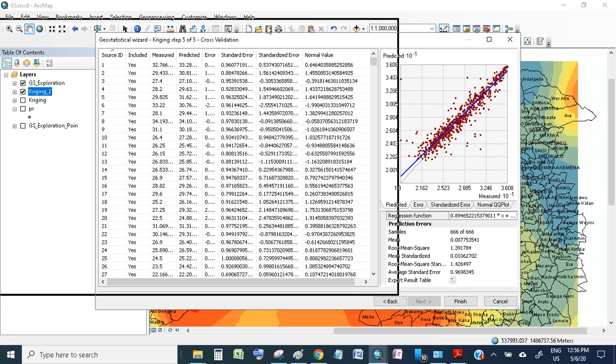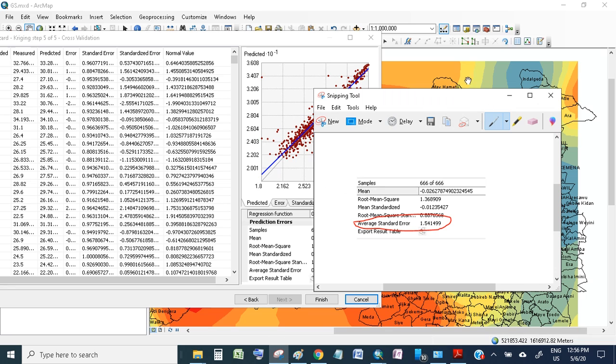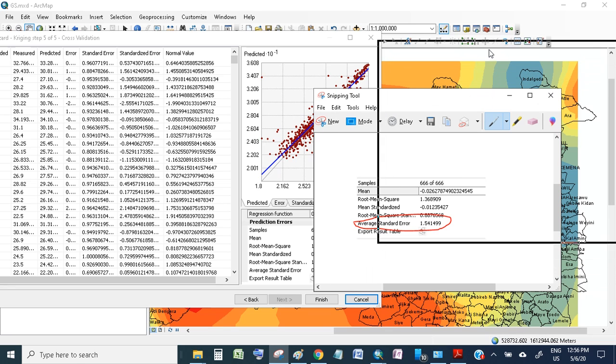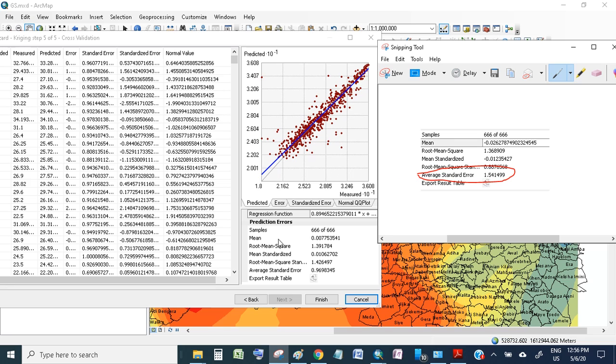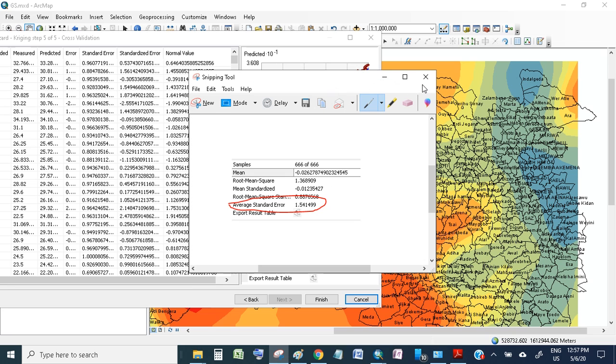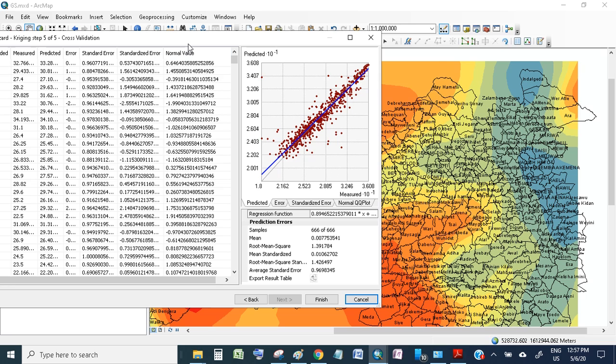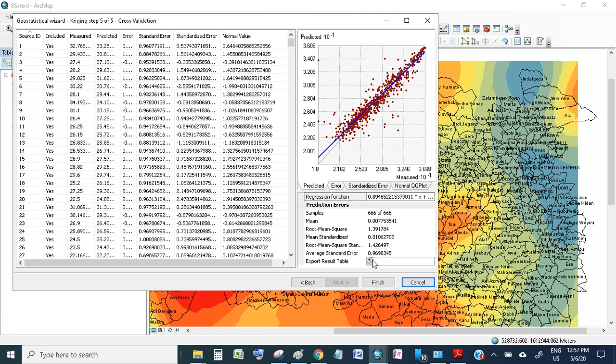and you can compare with your data validation with your other methods of interpolation. Here the mean is 0.0077. It has reduced, meaning this model is giving you the surface with very little error. So here the average standard error has come down to 0.96, which is of course very close to 1. So with the help of this model you have got a better result, and you can export it here,